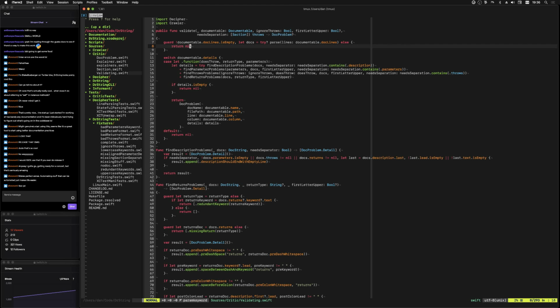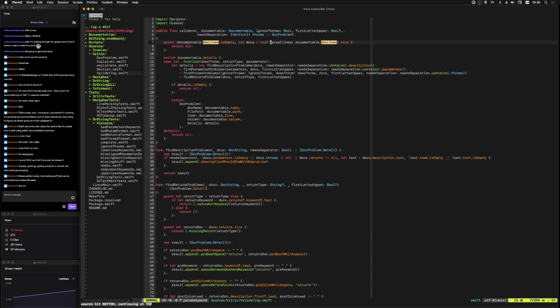So that's what the doc lines is. The doc lines is the raw text for the docstring. And then inside this function, the first thing we do is we parse that